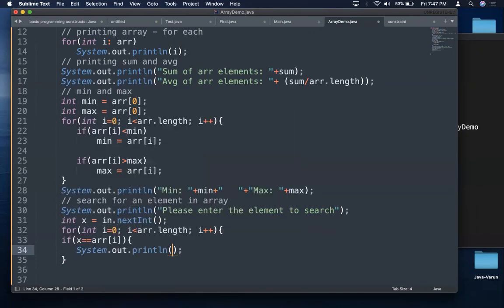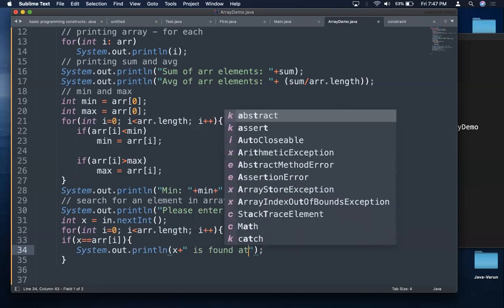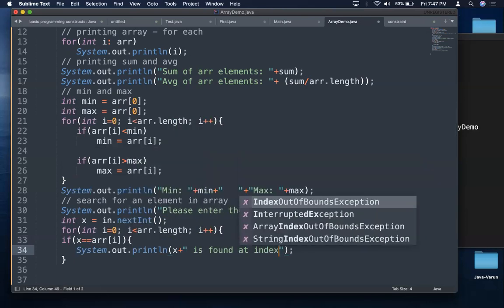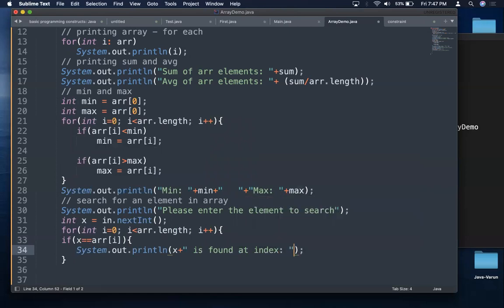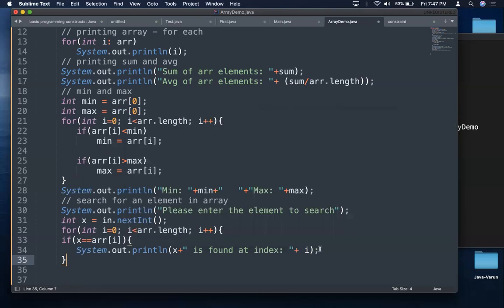Then what will I say? I use a print statement straight away, saying x, whatever the element we are checking for, is found at index, and I will give the index value. What is the index value? That is i. That's it. And here I can break. When it is found, I just come out. I need not waste the time. But before coming out,